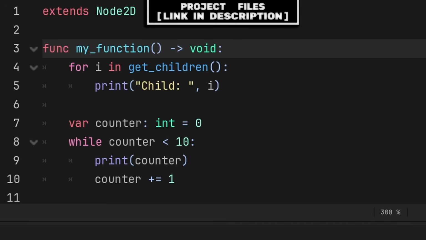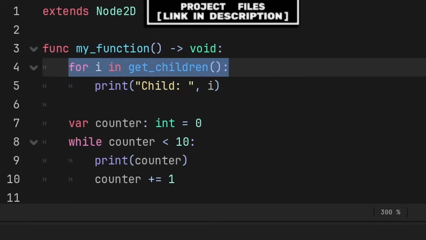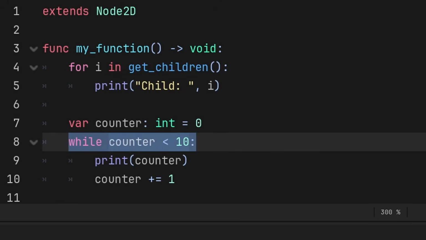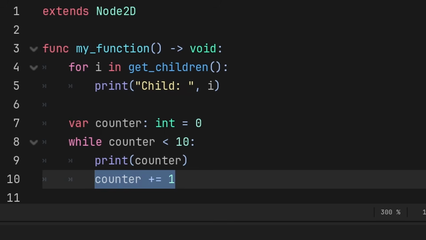The for and while loops are very important to the code of Godot. For loops are great for iteration, with their made-up variable representing the current iteration item, whereas while loops are great for when you have an exit condition, like this counter being less than 10, meaning that this loop will eventually